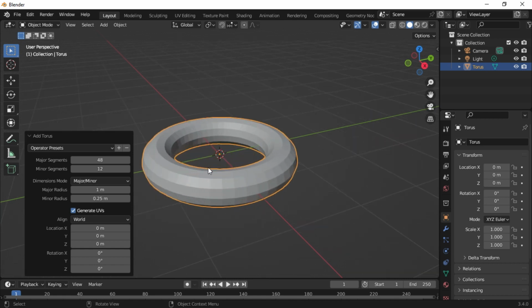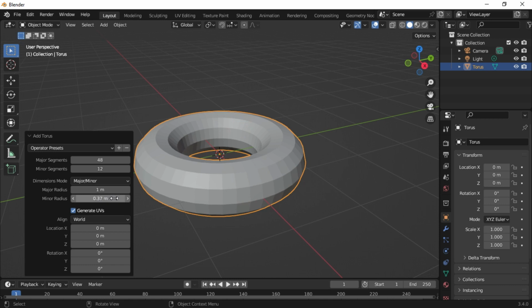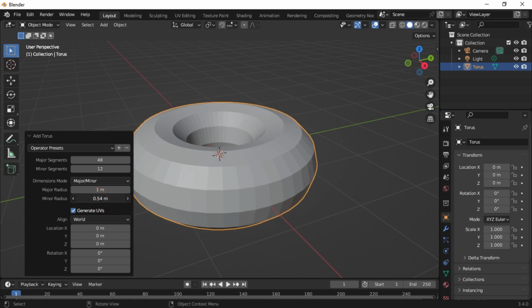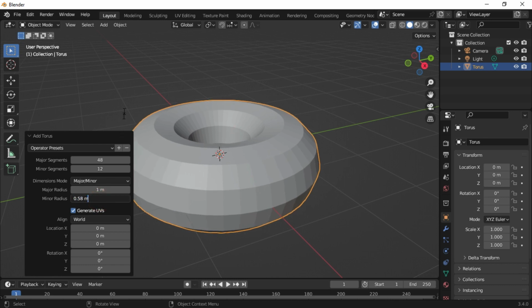let's zoom in a little bit, increase the minor radius, bigger like this. Okay, so after increasing the minor radius, what you have to do next, let's increase it a little bit like this. Okay, so the 0.58 is okay. After that, what you have to do next is to